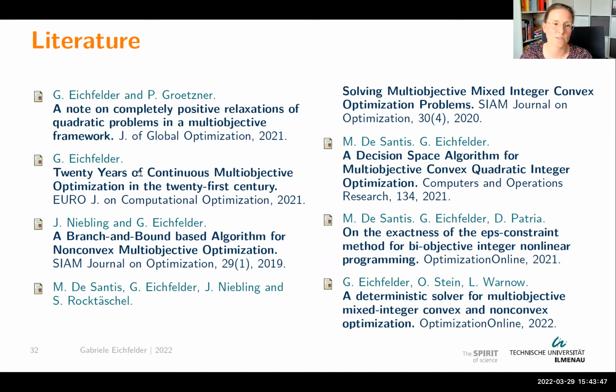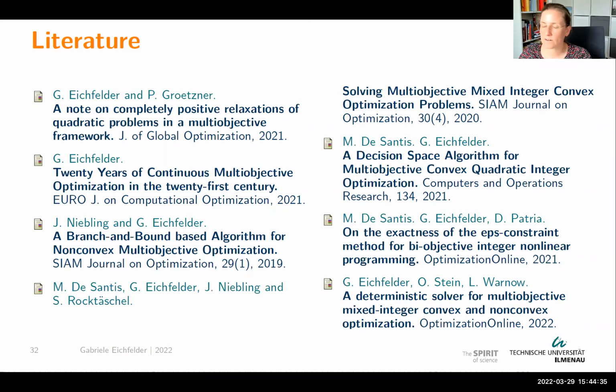And this is now an algorithm which allows you to solve, in fact, non-convex multi-objective optimization problems, continuous ones. It's based on a branch and bound in the image space, which has the drawback that it's still not working for many variables, like many branch and bound methods. If you have the non-convexity due to integer variables, but all the functions are convex, then this algorithm might be of help. We also developed something specifically for quadratic and purely integer problems.